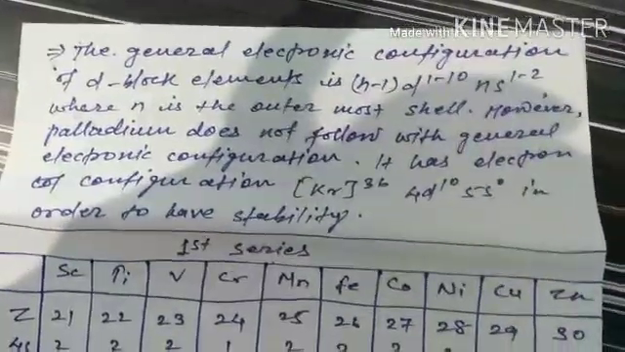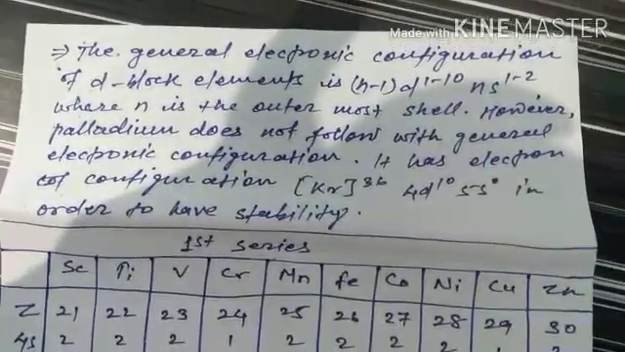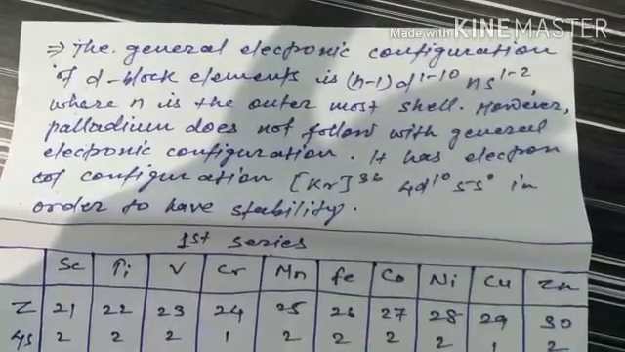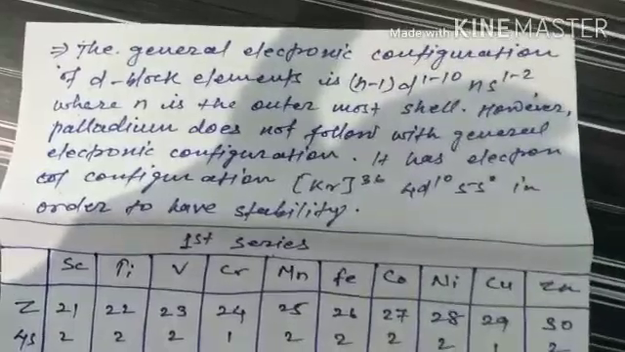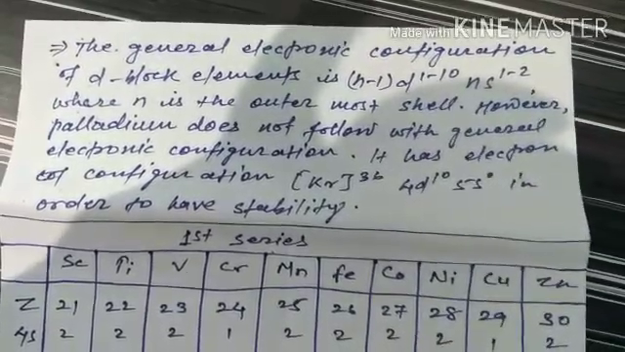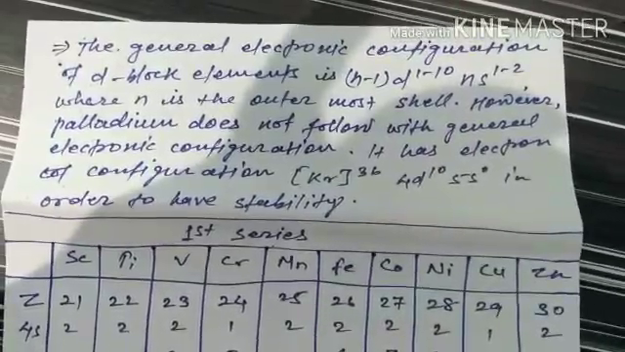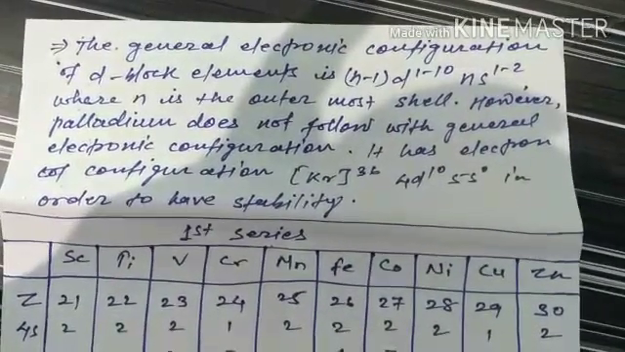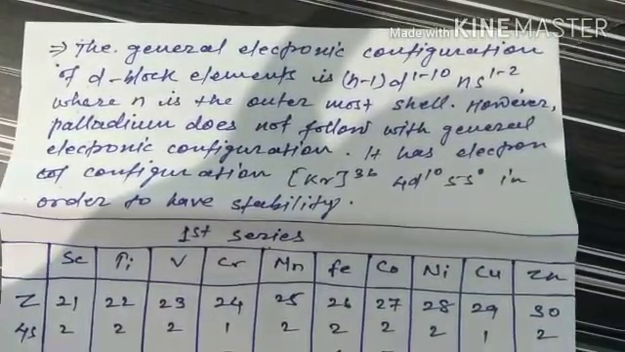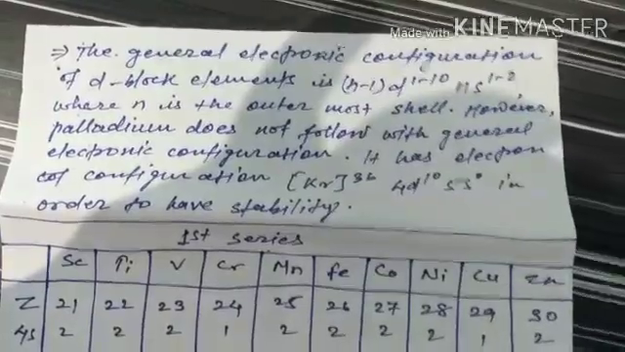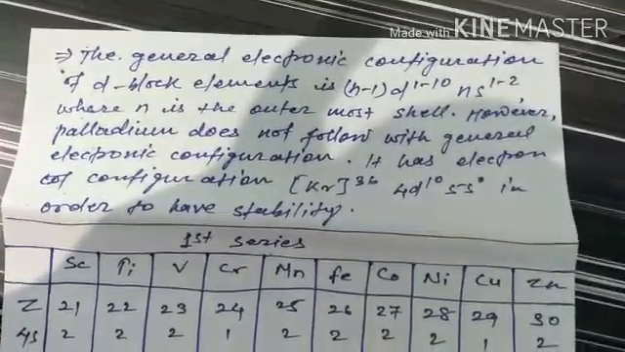The general electronic configuration of d block elements is (n-1)d 1 to 10 ns 1 to 2, where n is the outermost shell. However, palladium does not follow this general electronic configuration. It has electronic configuration